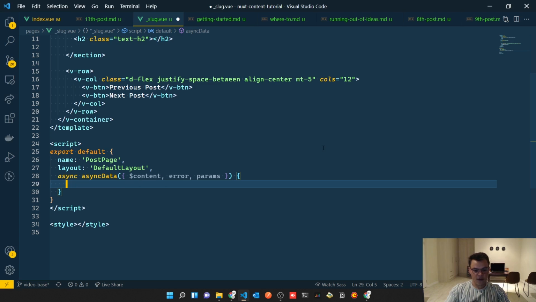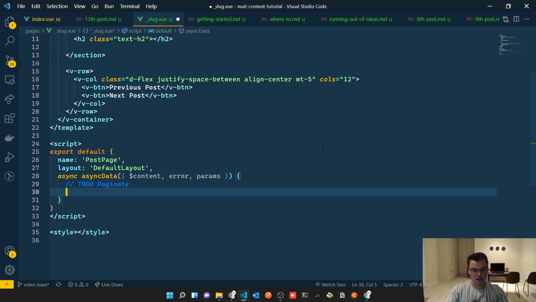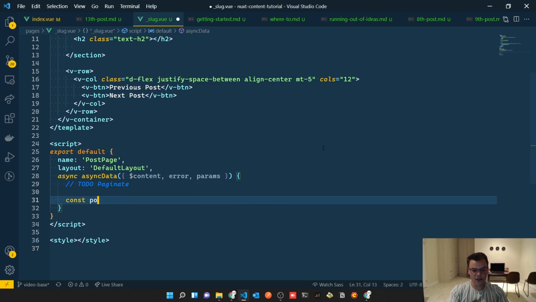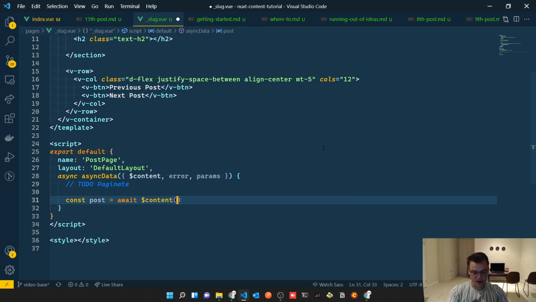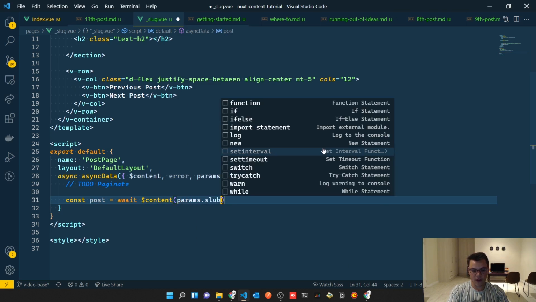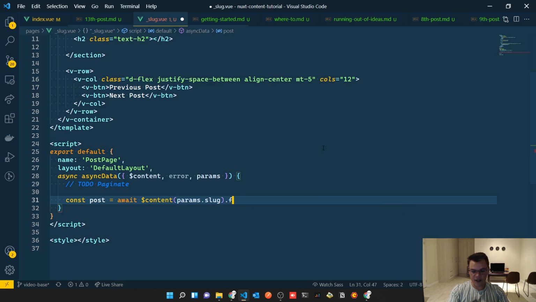variable. So first of all, we need to remember that we also want to paginate posts here, but only next and previous. But we'll do that just now. So let's do to do. Firstly, we want to get just the plain post data. So we'll do the same thing. We'll say const post equals await content. And now we actually pass the slug, which will be in params.slug, and then we can just fetch that. So now we have a content, and we're using this params.slug to tell content we only want that one post, and you can fetch that